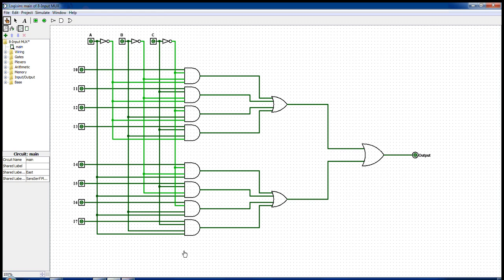It basically acts as a combination of two 4-input multiplexers. We take the inputs as I0, I1, I2, I3, I4, I5, I6 and I7. Here A, B and C act as selectors, that is, they will decide which one of the inputs would be